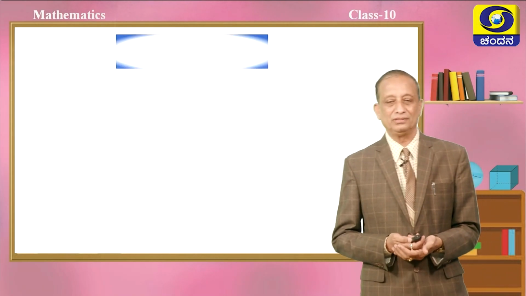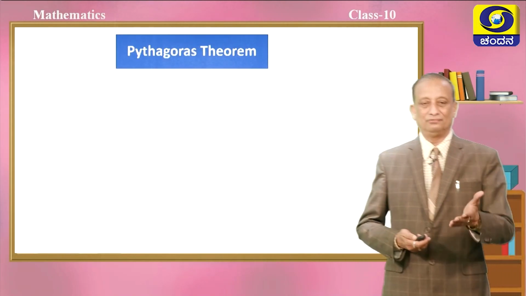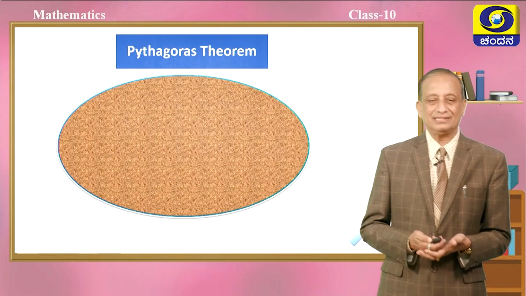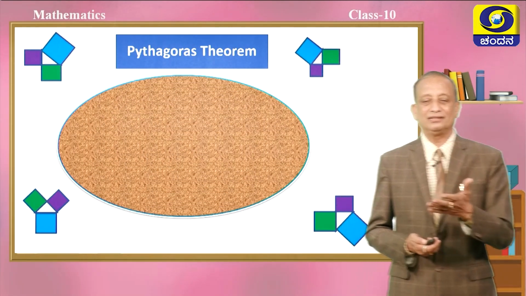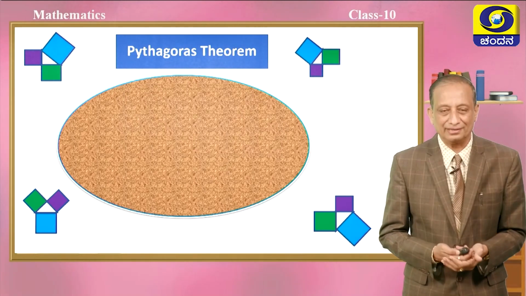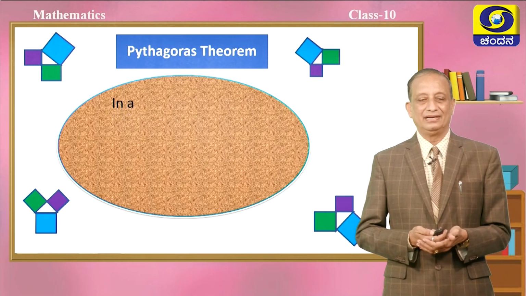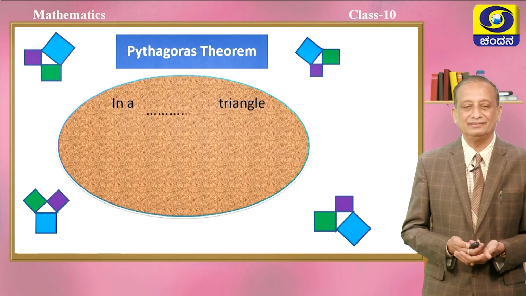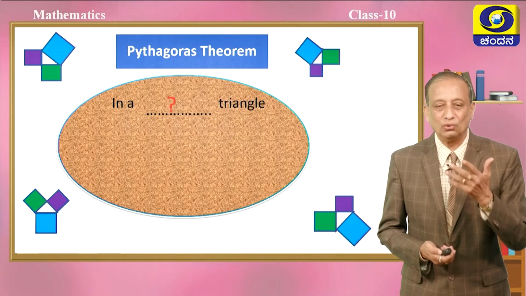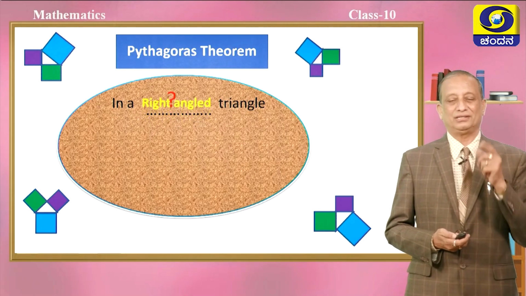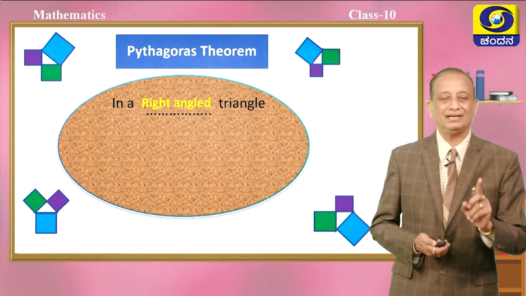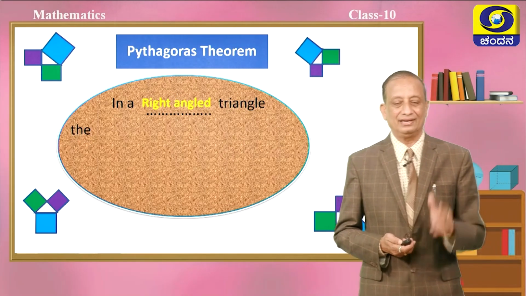So, shall we prove this, children? Before that, we will state the Pythagoras theorem also. Can we state the Pythagoras theorem looking at the 4 right angle triangles and the 4 squares or the 4 corners, children? Yes, come on, start. In a triangle. Is it true in all triangles, children? No. So, it is true only in which triangle? It is true only in the case of a right angle triangle. So, you must say that in a right angle triangle,